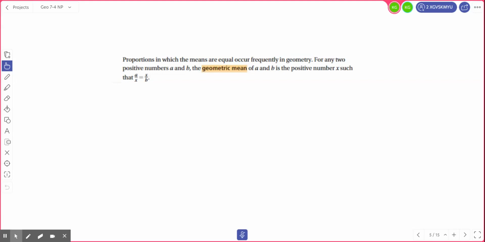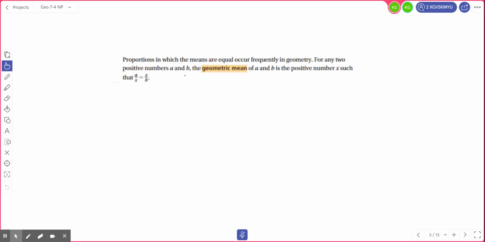All right, so the next thing we're going to look at is something called geometric mean. So proportions in which means are equal occur frequently in geometry. And here the word means is represented by, well, it's a little different than what you're used to. For any two positive numbers, a and b, the geometric mean of a and b is the positive number x,